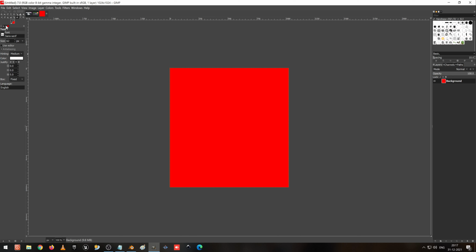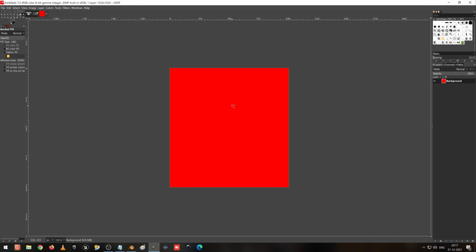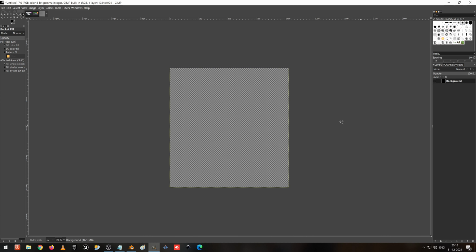This black red is not required for us. I'm going to change this color to black, and I click OK. I go to the paint tool and I paint it. Sorry, I snap it now. Okay, fine. Now I turn off this, which is not required for us. So now what we are going to do is give the numbers for the card first, then the name, then the date. So this is going to be the first texture for us for applying the numbers, which will be very useful for us.